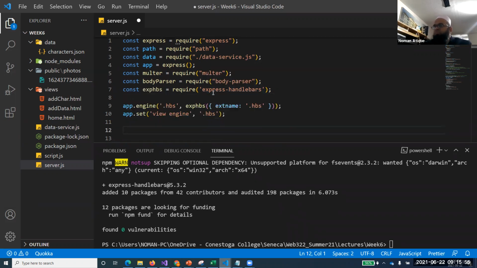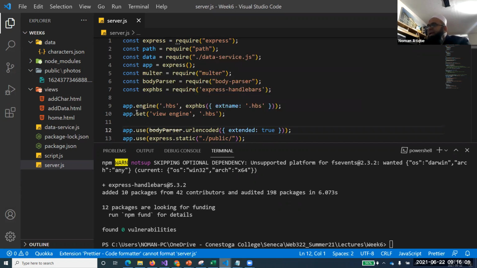Now, what are these two lines doing? They say that the app engine we'll be using is .hbs. The extension will be .hbs, handlebars, and this EXP HBS reference and extension name is .hbs. We define a property inside over there.